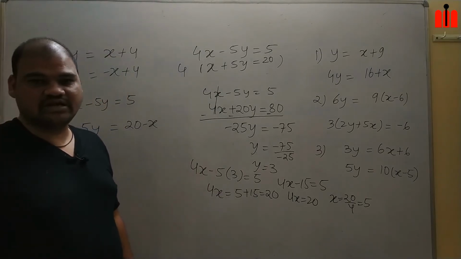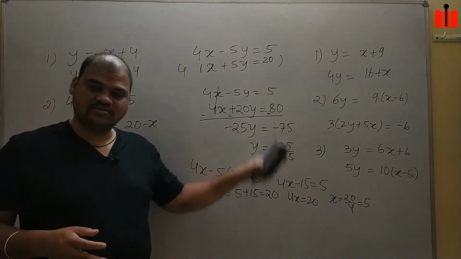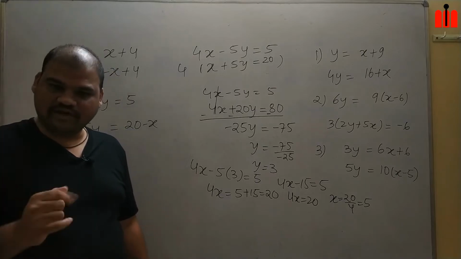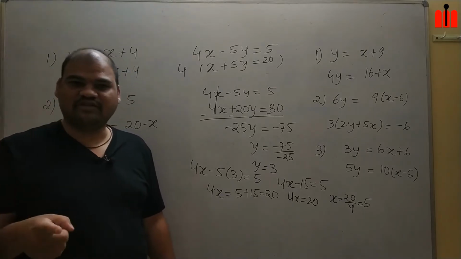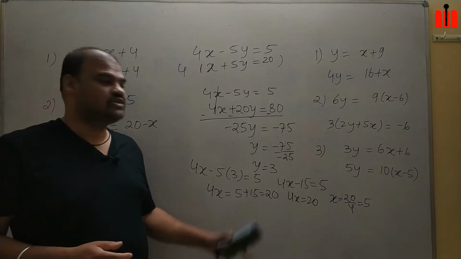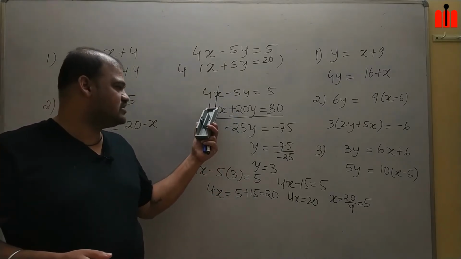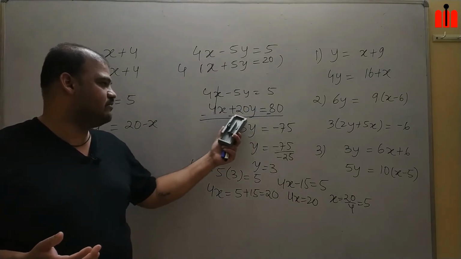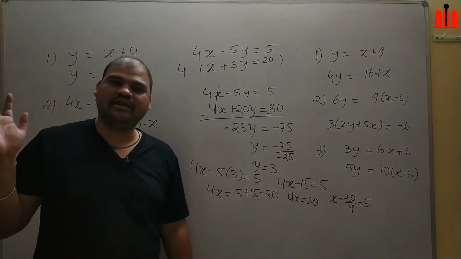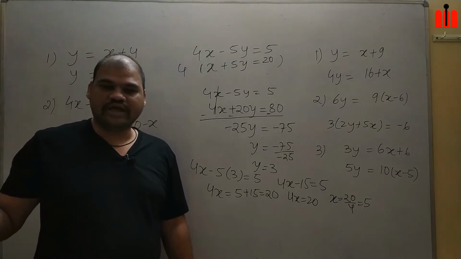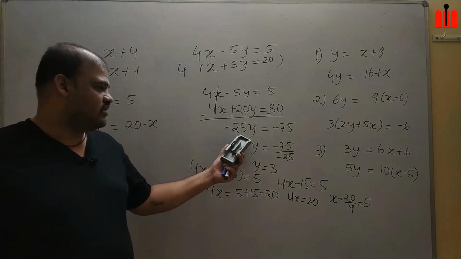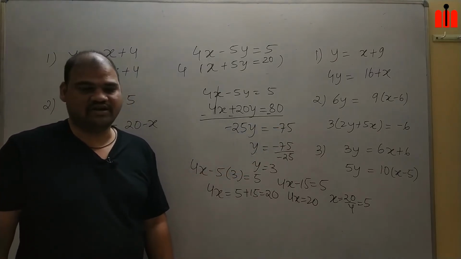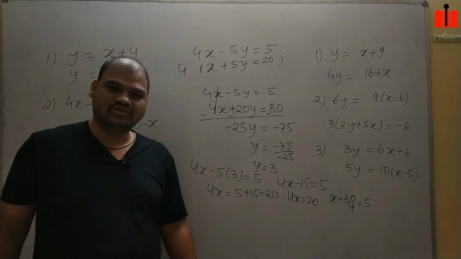While you do the subtraction, you have to change the signs. Why do you change the signs? Because negative, when it multiplies with negative, will become positive. Negative, when it multiplies with positive, will become negative. So that's why we are subtracting both. So negative is becoming positive and positive will become negative. Here all are positives, so I had made it minus minus minus. It will be entirely negative. Okay. And by that I got one variable equation, which is 25y equal to 75, so y will be equal to 3.